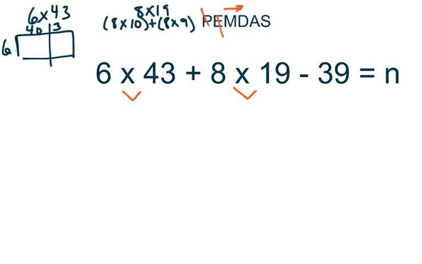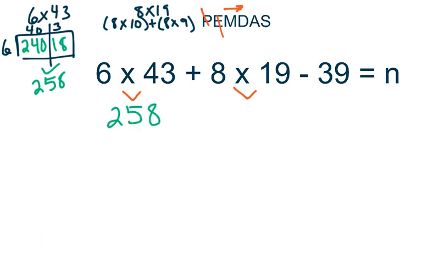times 19. To solve these two problems, I'm going to use the area model and then I'm going to use expanded form. So I'm going to start with 6 times 43 and I'm going to use the area model to solve this. So 6 times 40 gives me 240 and 6 times 3 is 18. And when I add, I get 258. So I'm going to go ahead and put that underneath my problem,